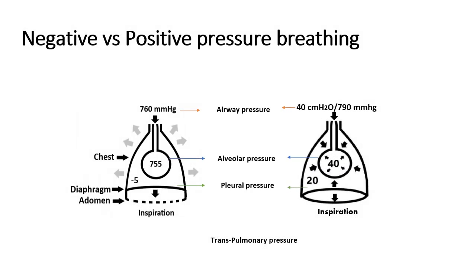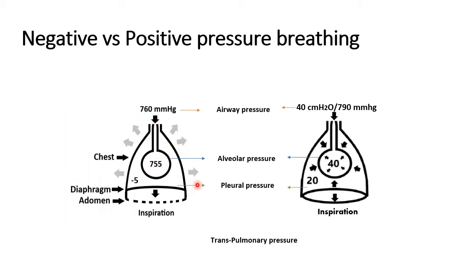Talking about the difference between a normal breath, like negative pressure breathing, versus positive pressure breathing during mechanical ventilation. The figures on the left side here show a patient with normal breathing, the atmospheric pressure 760 millimeters mercury. This is the airway pressure, alveoli with the alveolar pressure inside, chest wall, diaphragm, and the abdomen. With the diaphragm going down during inspiration, it creates a negative pleural pressure, so the air rushes in and the chest